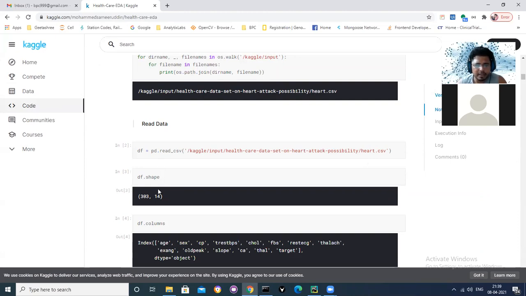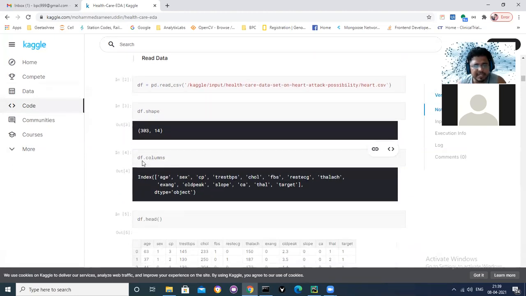Later on, in your mind it comes that is there a short way I can know how many rows and how many columns are there in a data frame? If you search it, you will get this dot shape information. Then you will start using it. So that is how slowly it increases your knowledge, your tool set increases, right? Similarly, df.columns: I can either do a head and see the columns, or I can do a dot columns and see the columns.